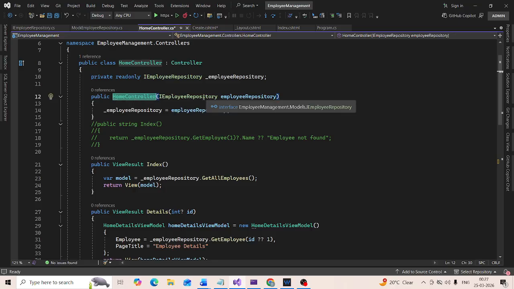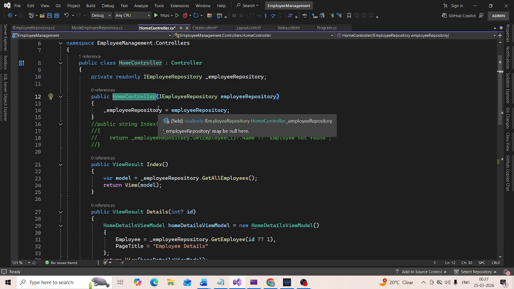To be able to inject a service into a view,